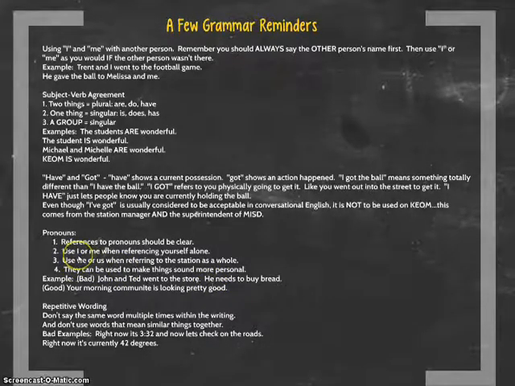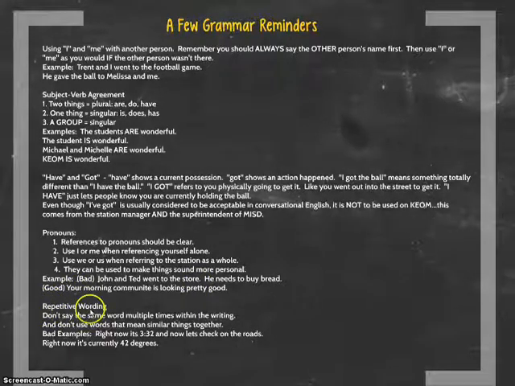If you're talking about yourself, then you can use I or me. If you're talking about the station as a whole, you would include yourself in that group because you are a part of the station, so you would use we or us. And pronouns can be used to make things sound a little more personal. For example, your morning commute is looking pretty good. Makes it sound a little more personal for the listener.